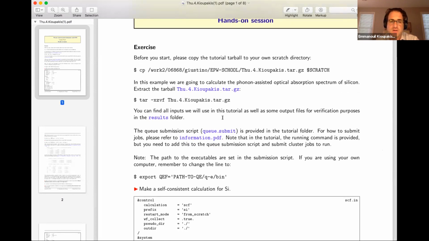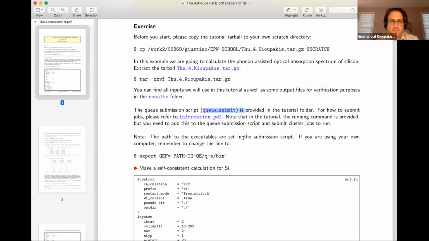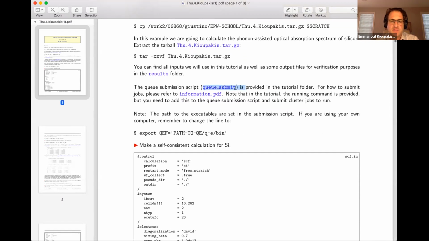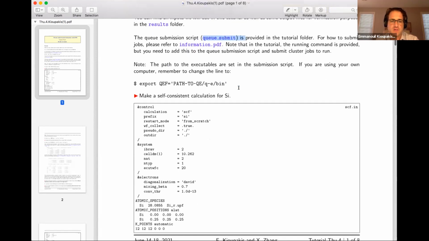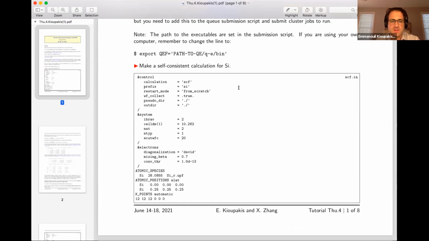Okay. So all the results you have will be here. You have the script to submit. And so in every case for the submit script, you need to add specific lines for the various parts of the code. Okay. The first thing we do is an SCF calculation to get the charge density